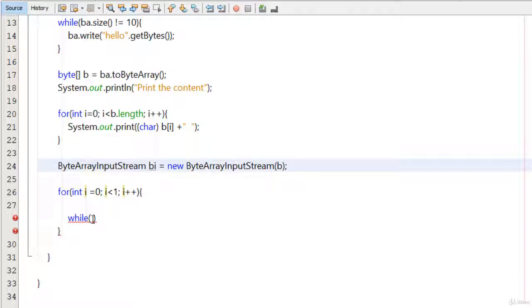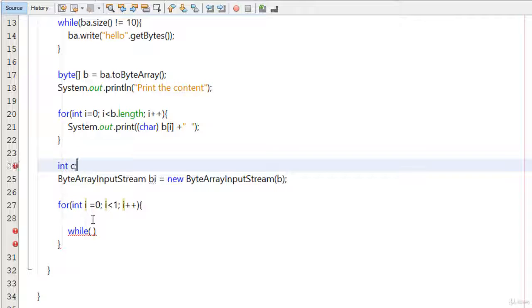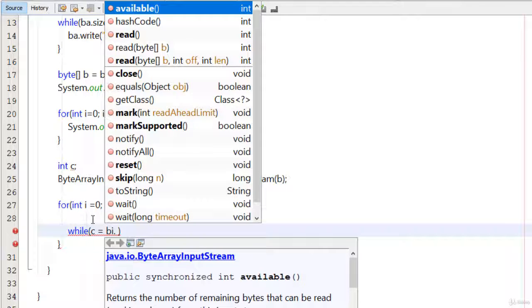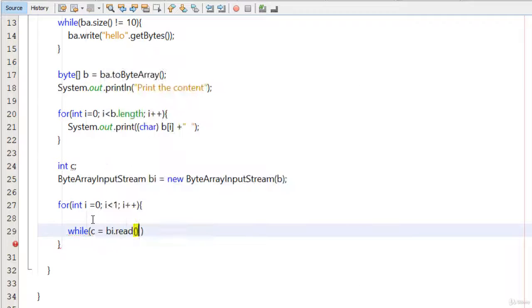I declare the variable outside it, int c for the character. So while c is equal to bi dot read